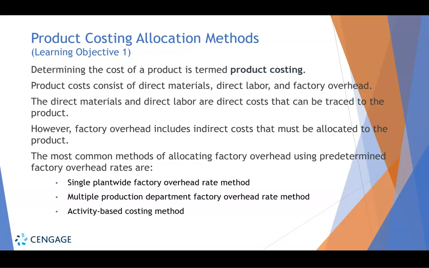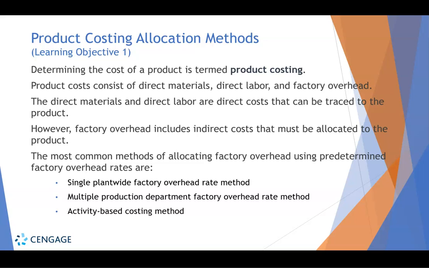The choice of an allocation method is important to those responsible in a business because that allocation method affects the product cost. Managers are concerned about the accuracy of product cost, which ultimately is used for making decisions, such as deciding what type of product mix companies will offer, figuring out the price of a product, and determining whether to possibly discontinue a product line. The most common methods of allocating factory overhead usually involve either a single plant-wide factory overhead rate